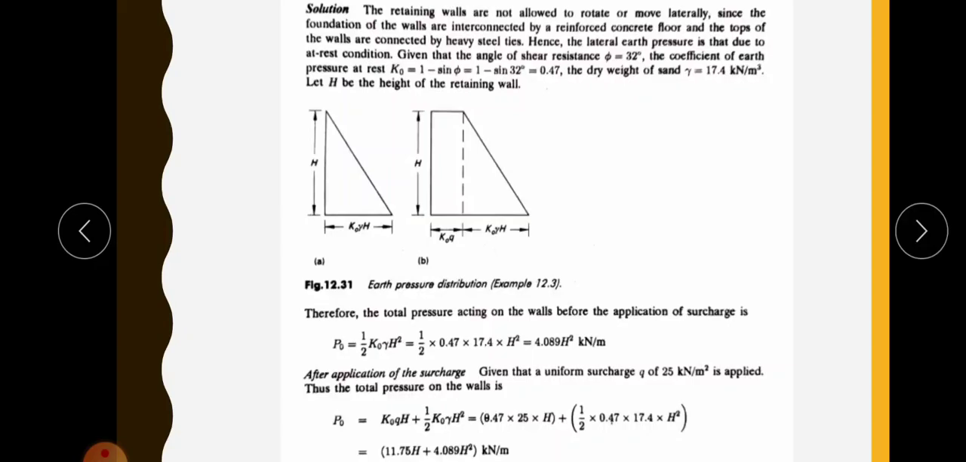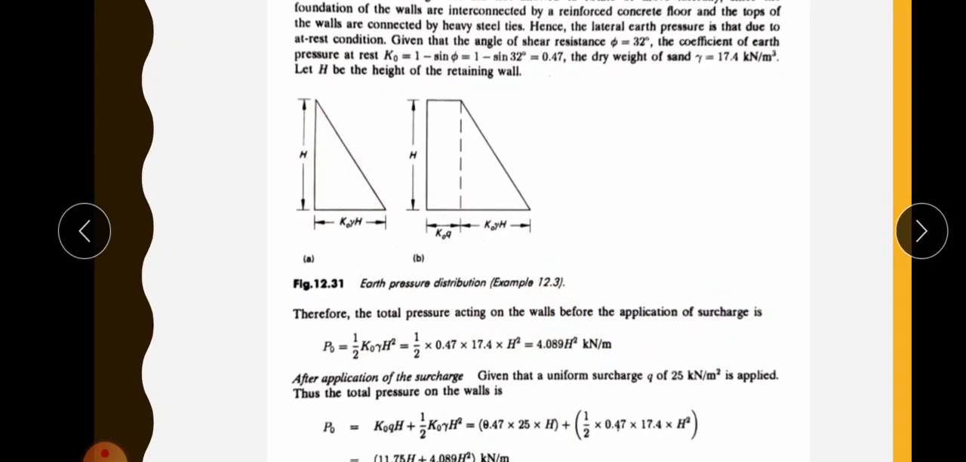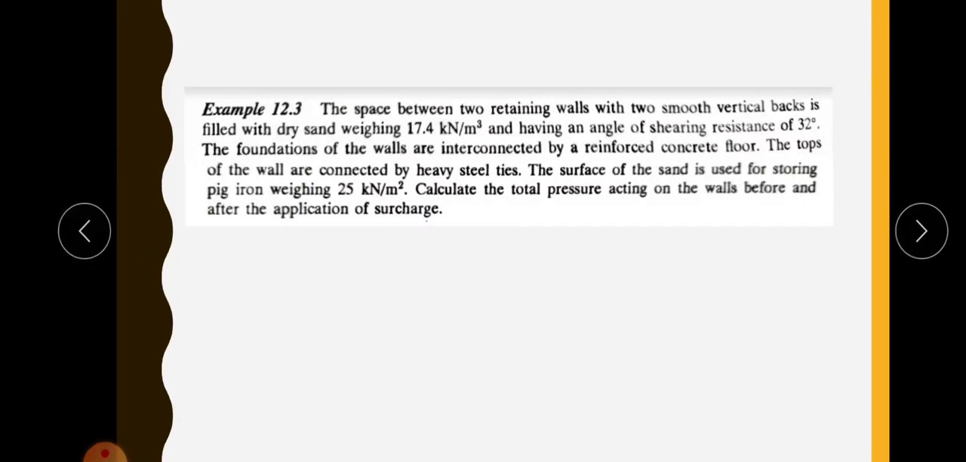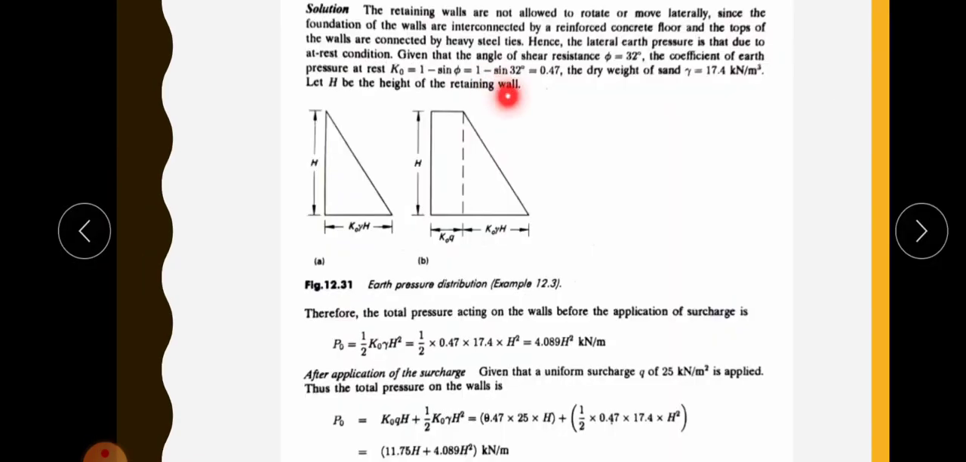So that is very simple. Here this is the retaining wall of height h1, this is the backfill soil. In the first case there is no surcharge weight. So the total pressure acting on the wall before the application of surcharge will be this area, that is half into k naught into gamma h square. Okay, so k naught, the angle of shearing resistance is given. So 1 minus sine phi, 1 minus sine 32 degree, we can find k naught as 0.47. Then gamma, that is the unit weight, is given as 17.4, and the height